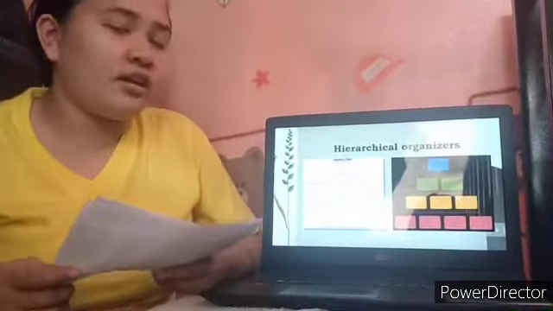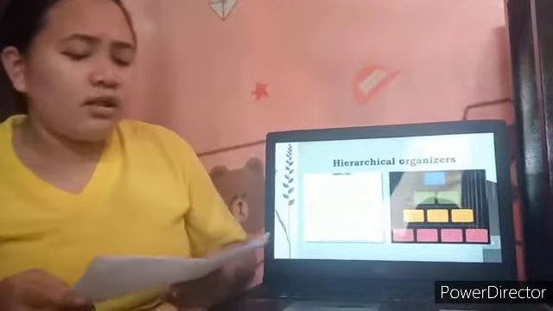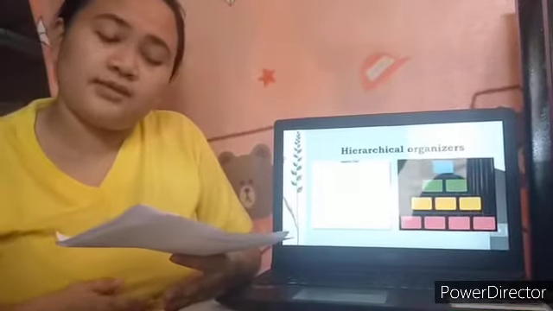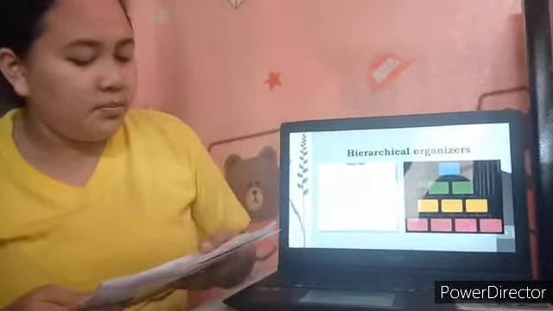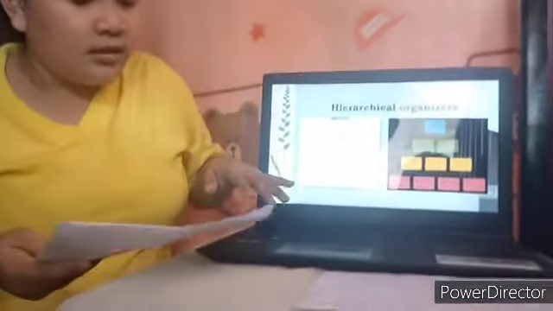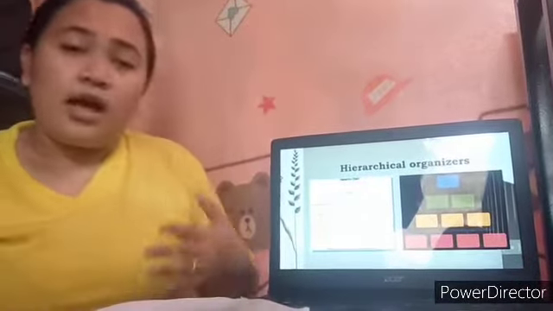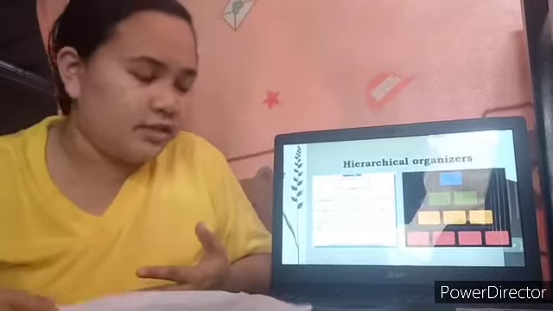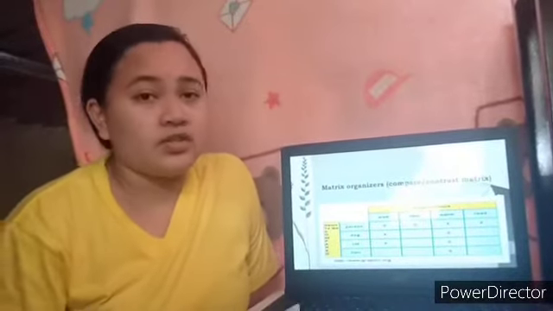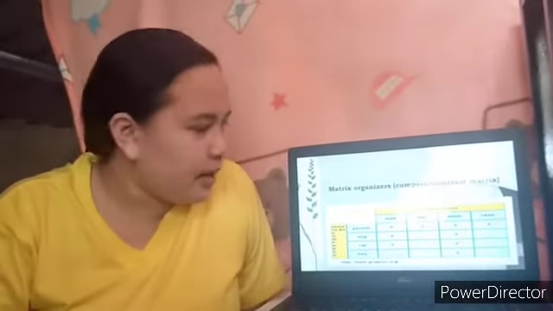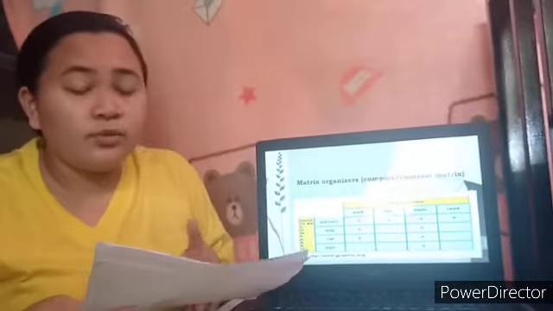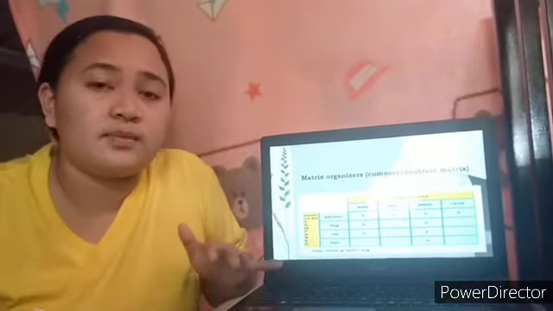So next is hierarchical organizers. This graphic organizer is useful in concept-based teaching. It allows students to see the big picture or the concept at the top, as well as the topics underneath, and then the facts at the bottom. It can also be used for classifying topics and attributes. And the third one is the matrix organizers, or compare and contrast matrix. Compare and contrast matrix graphic organizers allow a student to do just that: compare and contrast multiple objects, characters, or concepts from the given text.